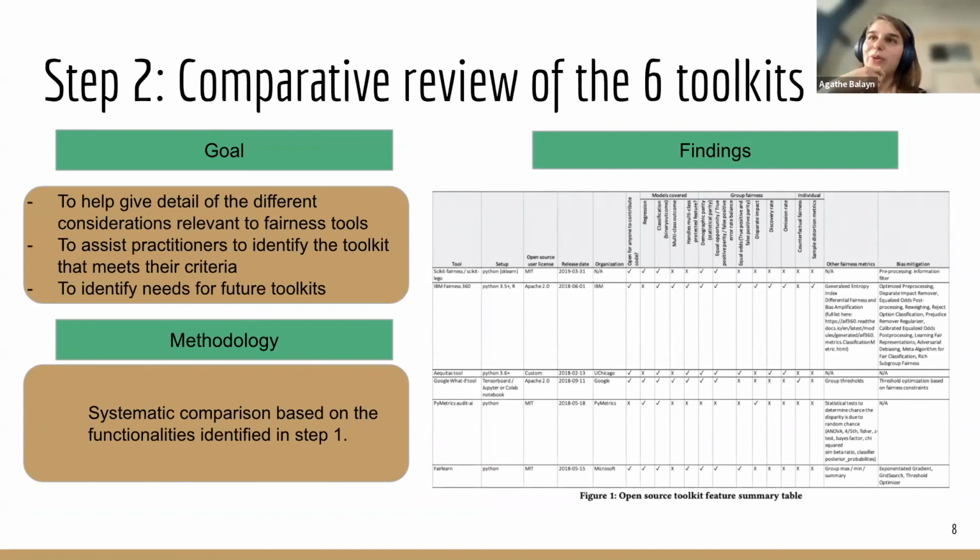Yeah, the problem though is that it doesn't actually help the practitioner choose which fairness metric would be adapted to their own use case. Especially as you were saying, maybe for classification this can work, but for instance for recommender systems, the fairness metrics that exist there are typically not included in the toolkits.